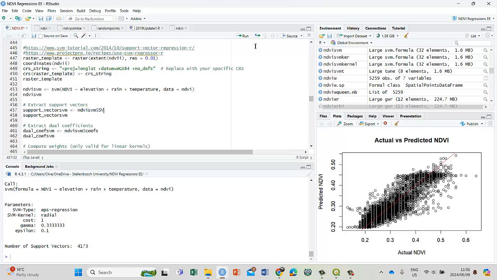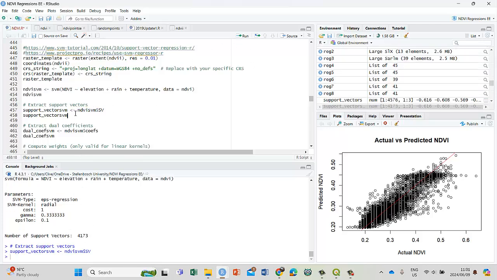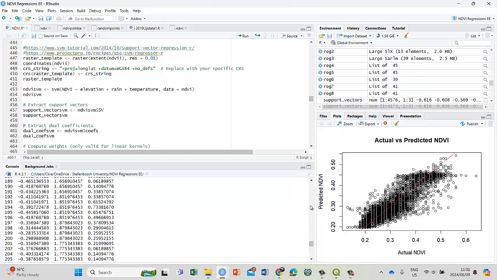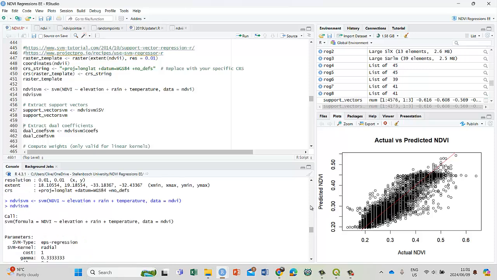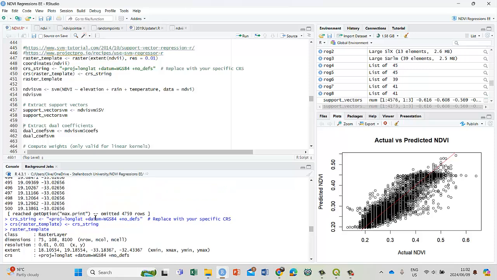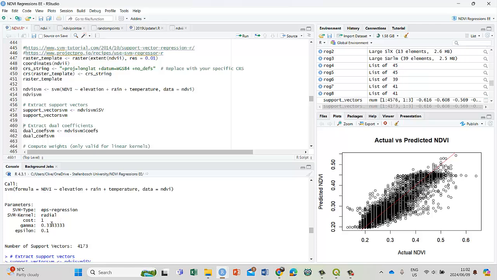Let's run it, and then let's display the support vectors. There it is. And basically, remember it's going to be 4,100. So they're only displaying the first 370. Omitted is 380. You take the 370 and add it, you get to that 4,100 and whatever the number is. We go up. So there we go. Where did it say now? Somewhere here. There we go,